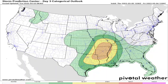Then as we head into Thursday, the day 3 categorical outlook, the Storm Prediction Center has painted a large day 3 enhanced risk, level 3 of 5, from southern Missouri all the way through the entire state roughly here of Arkansas, far western Tennessee and northwestern portions thereof Mississippi, northern Louisiana and northeast Texas. This does include Little Rock, Jonesboro, getting up here toward Cape Girardeau in Missouri, getting back towards Fort Smith, Arkansas